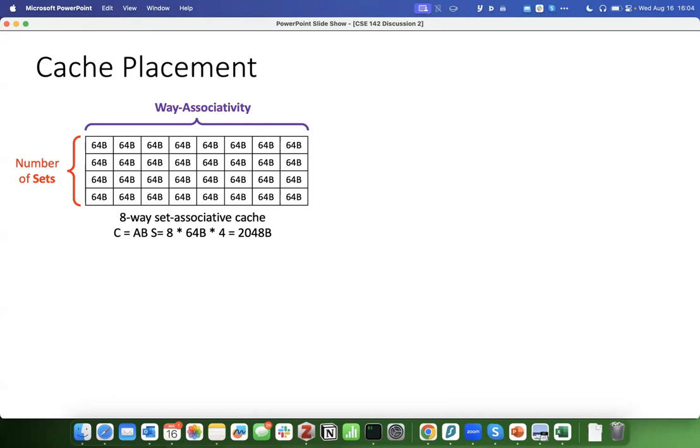I have 8-way associativity, so I have 8 columns over there. And suppose the block size is 64 bytes. This is a pretty common block size that we see throughout the lecture and also in many homework questions. Based on these parameters, then I can plug them into the ABS formula: 8-way times 64-byte block size times 4 sets. That gives me a 2 kilobyte cache,